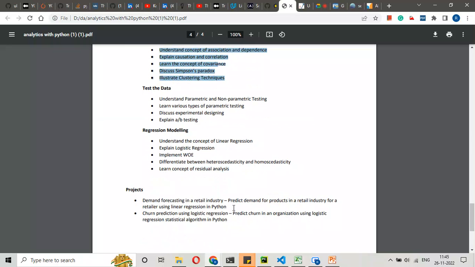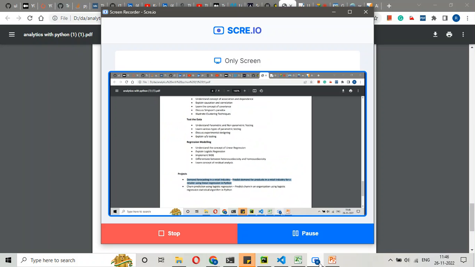Instead of this demand forecasting in the retail industry, we are doing car prediction right now using linear regression. If we go to logistic, we can check this data to do logistic regression. For today,